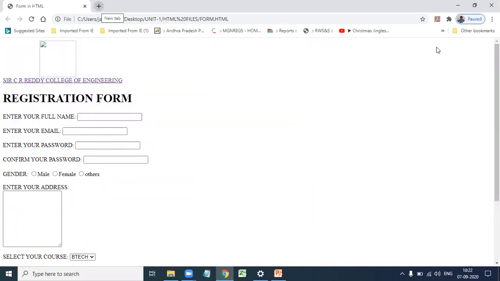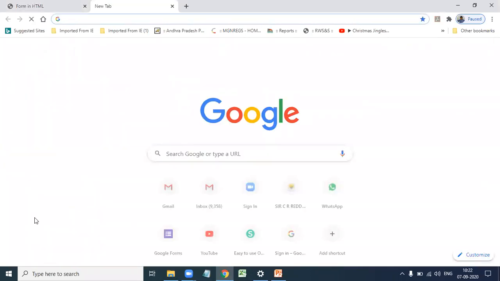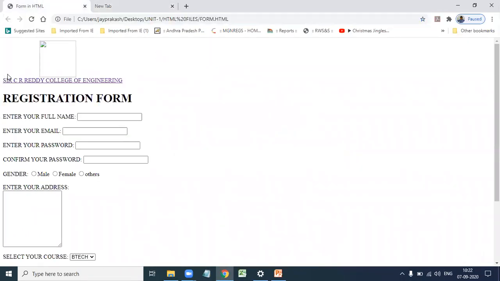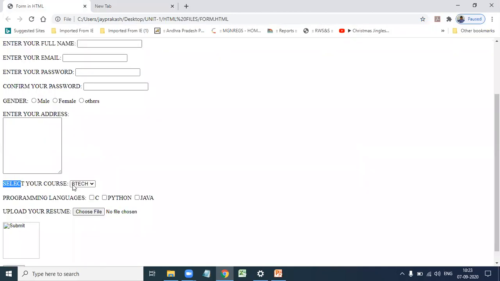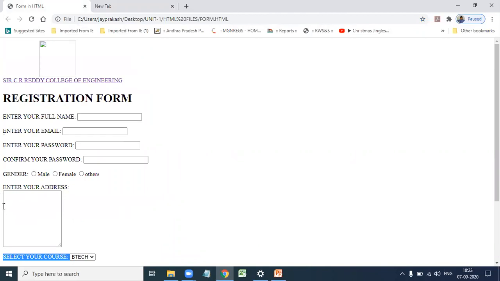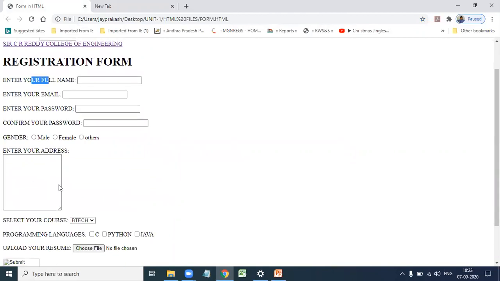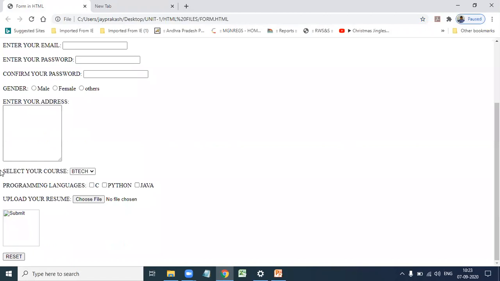See, this is the browser window. Whenever you execute the HTML file, that document is loaded into the web page. So this one is the document object. In the document there is a form. In the form, suppose here a select element. So these are all the elements: input element, text area element, radio button element, checkbox element. In the element, for example take select, again in the select there are options. So this is the document object model structure.